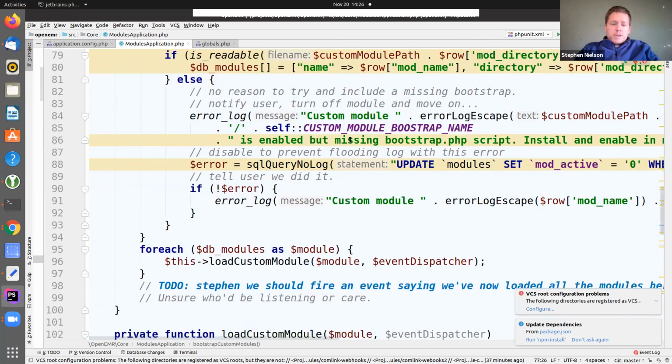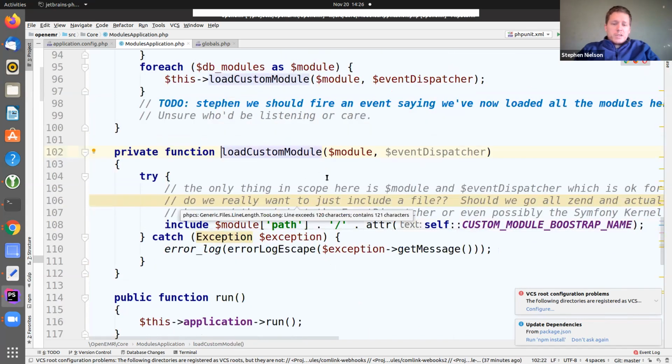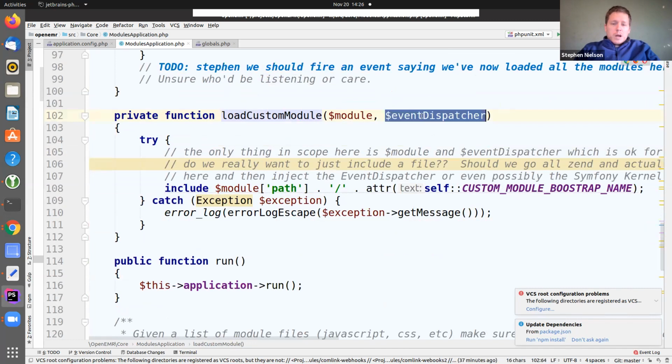Important for you to know is that these modules are loaded in their own isolated context. If anyone's used my skeleton module, and we'll jump into that second, it's going to have the event dispatcher in scope inside this function.